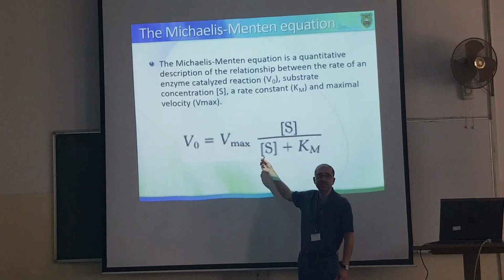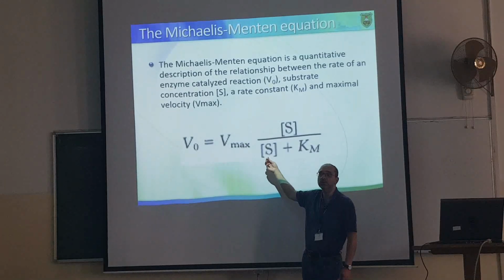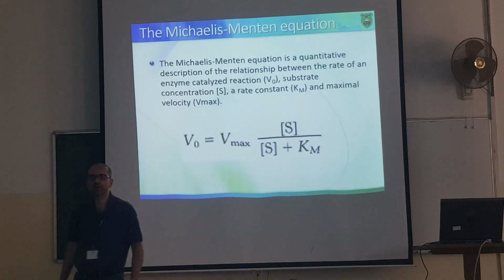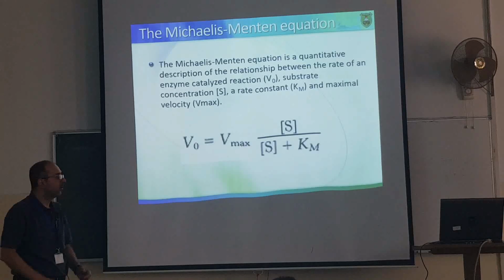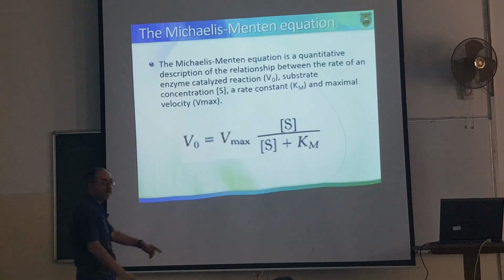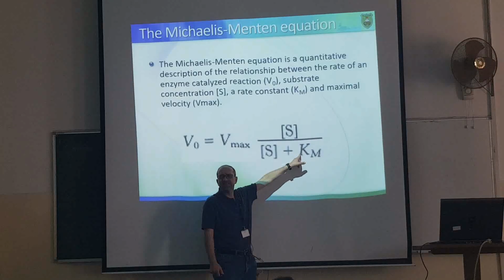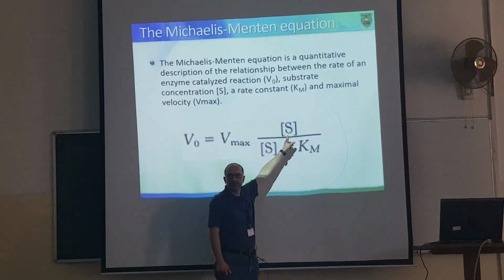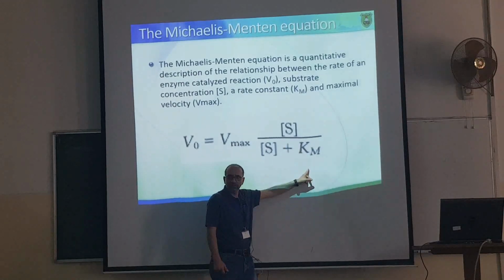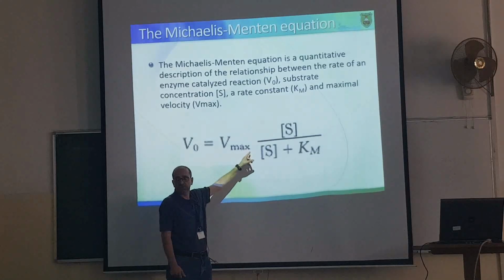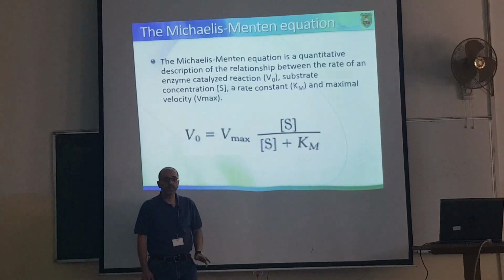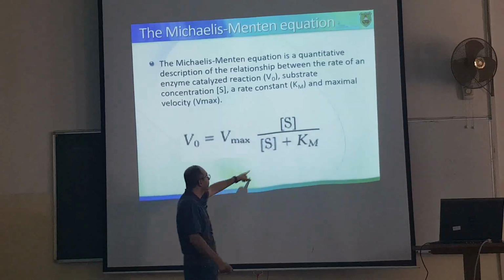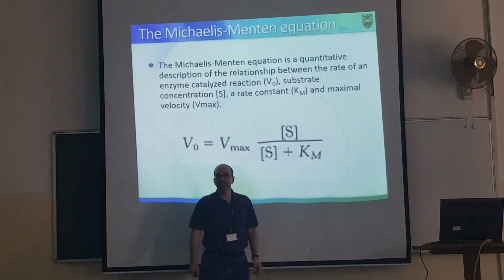طب لما السبستريت concentration يكون كثير عالي، ال V ايش راح تساوي؟ ال V max. ليش؟ لأنه هذا ال Km ال value of Km راح تصير sort of insignificant. Okay? فكأنه أنت بتضرب ال S على ال S. This over that. معناته واحد. So V would be almost equal to Vmax. حلو.